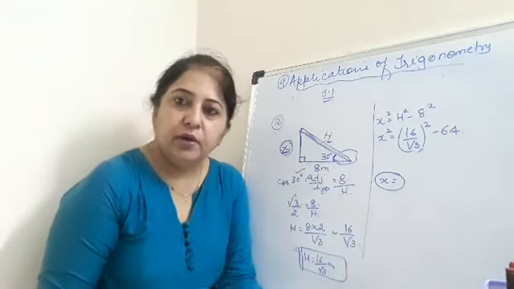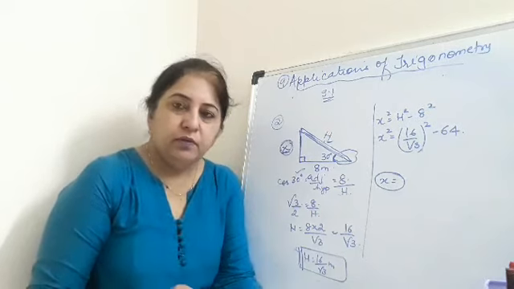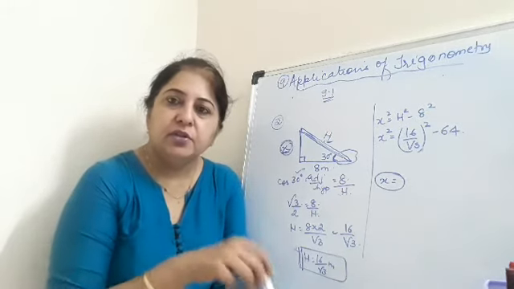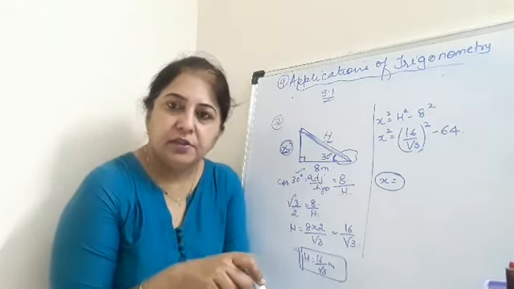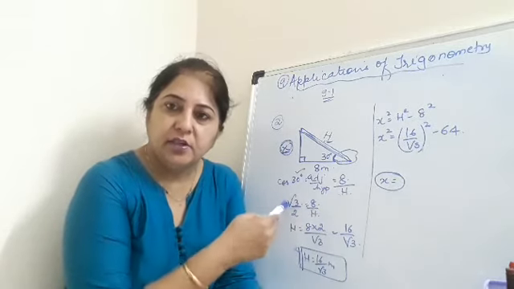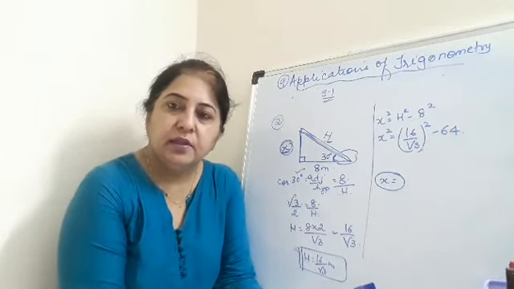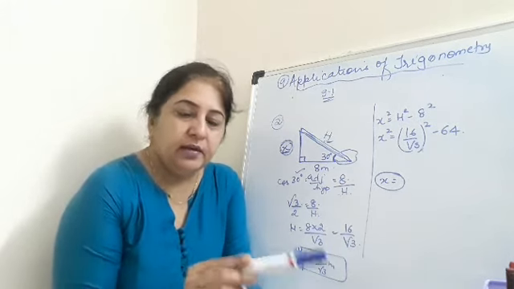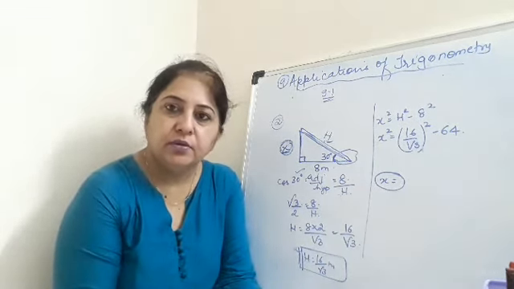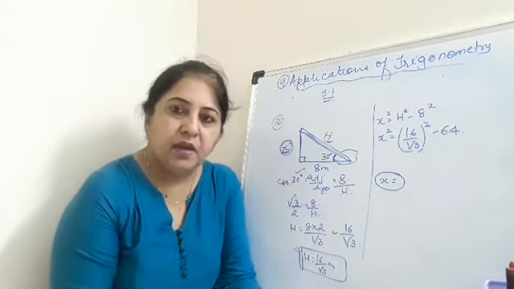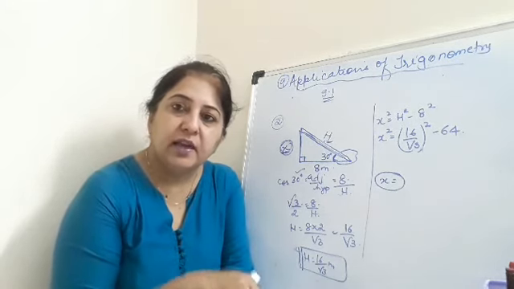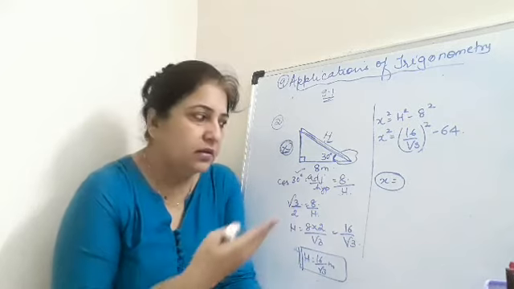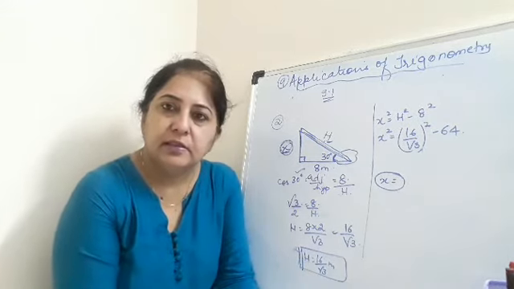Okay. Now for today I am stopping here. You will begin your chapter, write the definitions of angle of elevation and depression, draw these two cases as I showed you here, and then start with the exercise and complete the two questions. And revise trigonometric ratios, normal trigonometric ratios, and the trigonometric ratios of the specific angles. If you have learned those, then you will be able to proceed with the exercise easily.